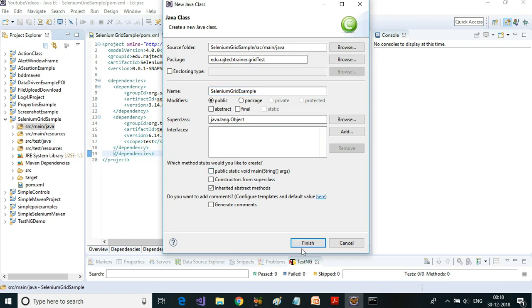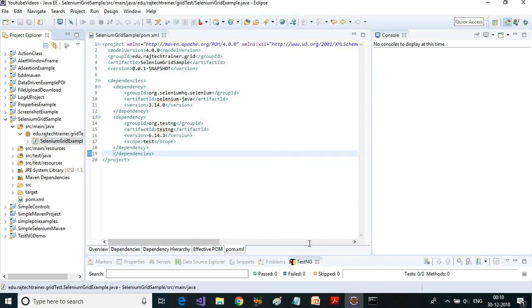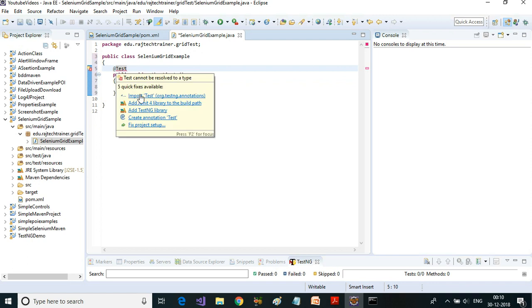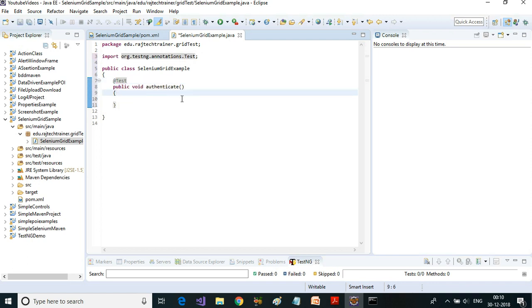I'm not going to enable main here since I'm going to use TestNG. Click on finish. Okay, I'm going to create a void method here, and I'm going to add the Test annotation for this particular method, imported.